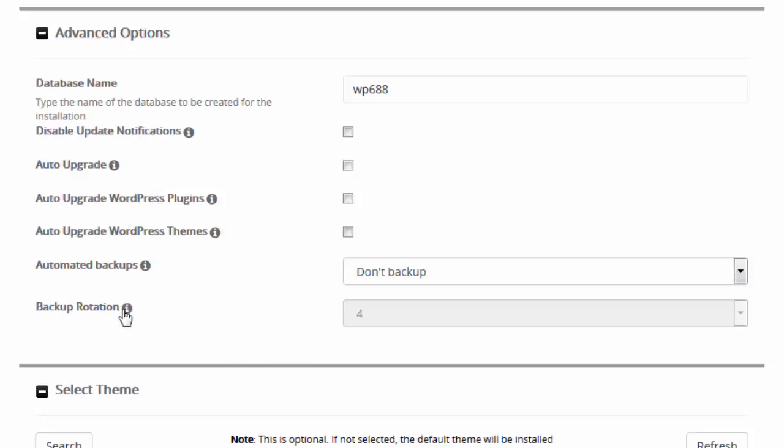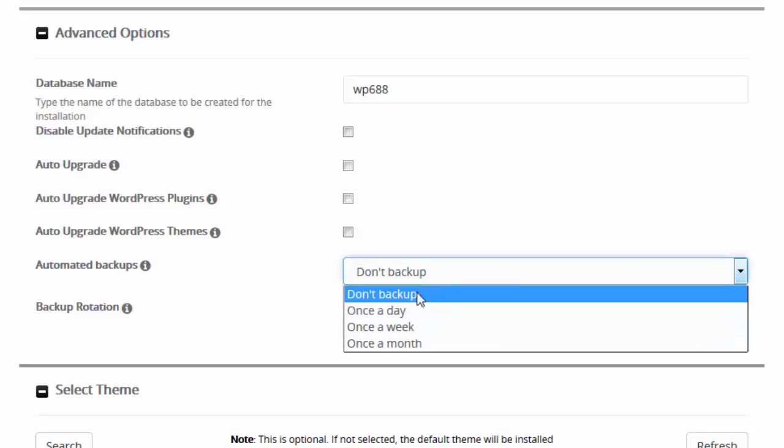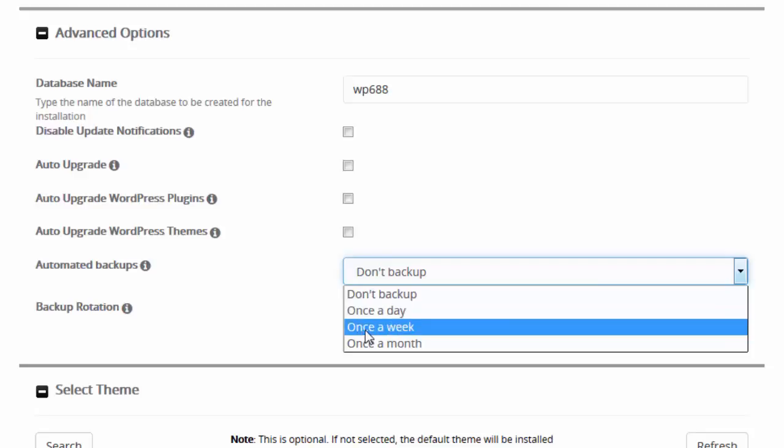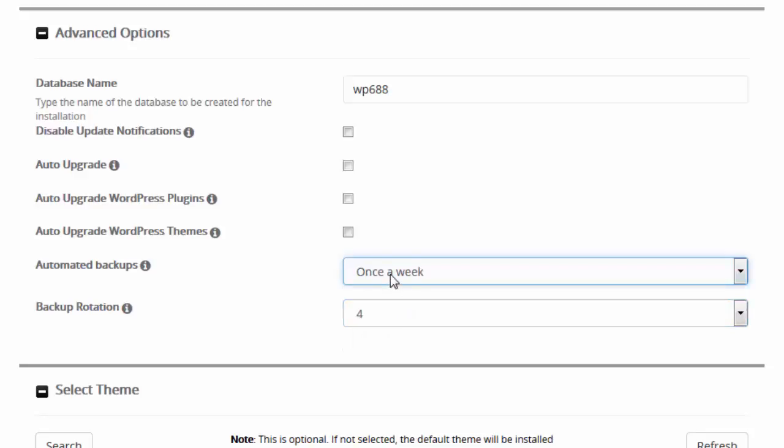Automated backups and backup rotation. If you are not using a third-party backup program, then this is a good tool to have in place. Depending upon the amount of content that you add to your site on a regular basis, you may want to choose backup once a day, once a week, or once a month. And if you do,